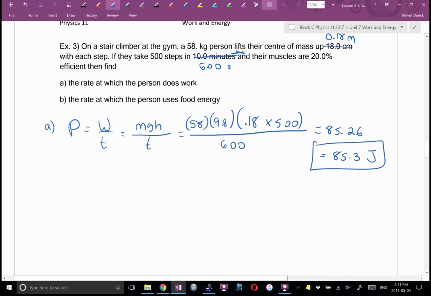Power is measured in watts. Okay. What's the letter that we use for work? What's the variable that we use to represent work? W. A stupid way to remember that it's in joules: